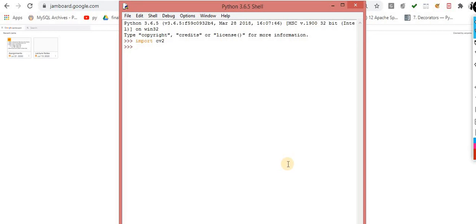So the next thing is, now cv2 is imported. That means I am supposed to use all the OpenCV functions and methods which are available in that library. We know the meaning of this import, and we know the various possibilities to import OpenCV. If you have any doubt, then go back to the function video and the module video.